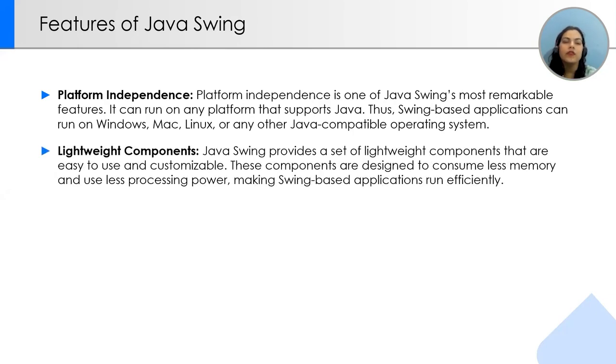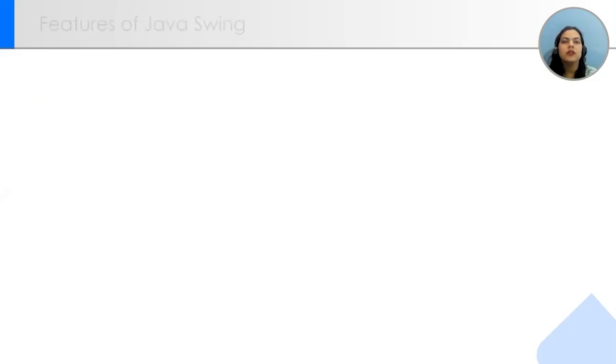The next feature of Java Swing is lightweight components. Java Swing provides a set of lightweight components that are easy to use and can also be customized as per the user's requirement. These components are designed to consume less memory and use less processing power, making Swing-based applications run